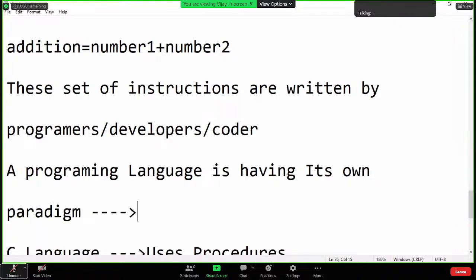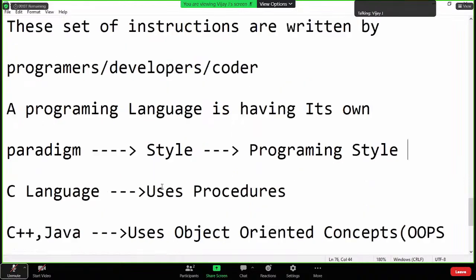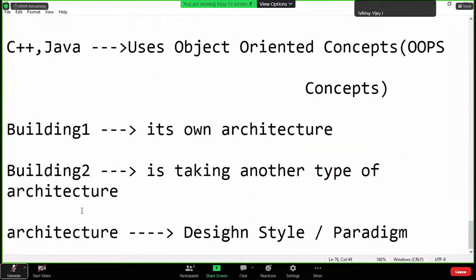Paradigm means its style. Sometimes it is also referred to as a programming style. Clear? Like I told, the style of building one is differing from building two. Why? Because the